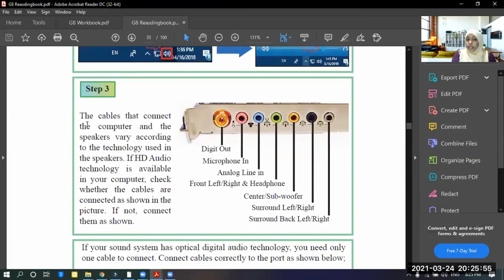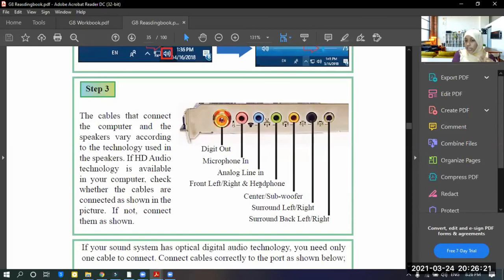The cables that connect the computer and the speakers vary according to the technology used in the speakers. So speakers are used according to technologies, right? Surround back left or right, surround left, right. So there are a lot of ports, right? So check whether the port is connected properly.